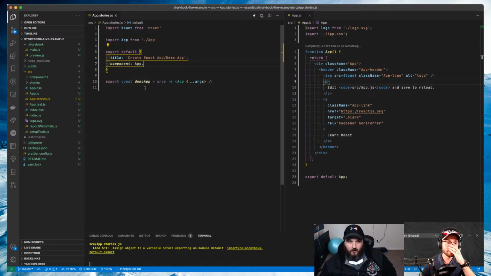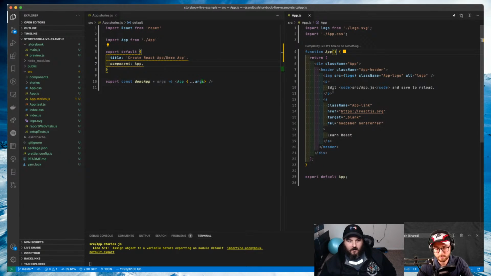So you can add your own arguments, but what I did will auto-populate the controls. This will pull arguments out of the props that are passed in for that component automatically, and then generate that control